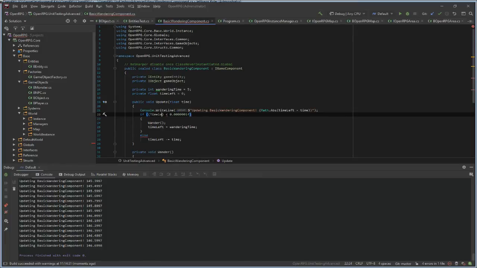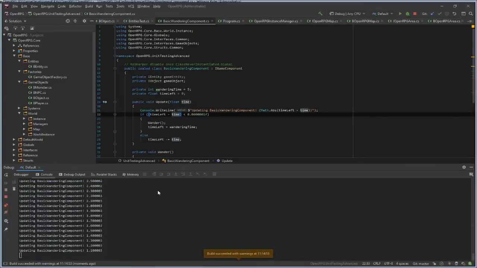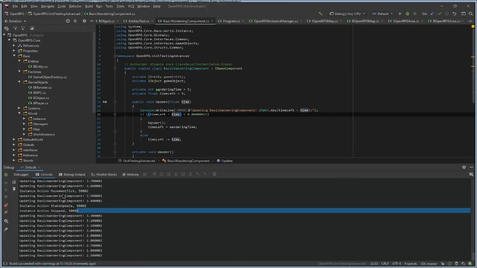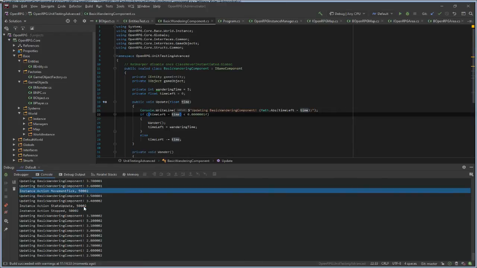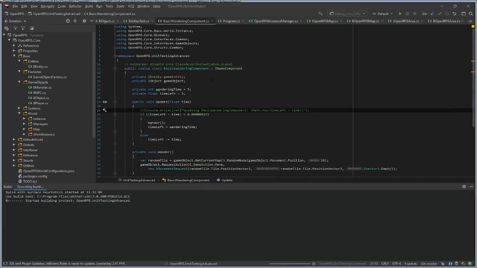Time left minus time. Yes. Yes. See? Movement tech. State update. Stopped. This is how it works. But it's doing it.